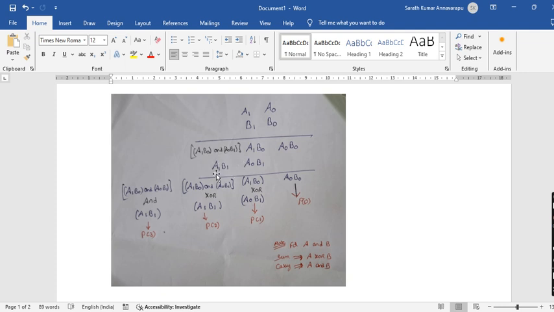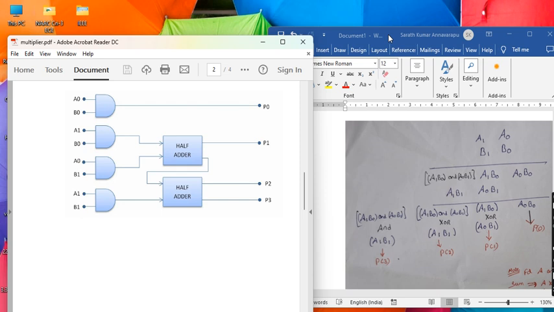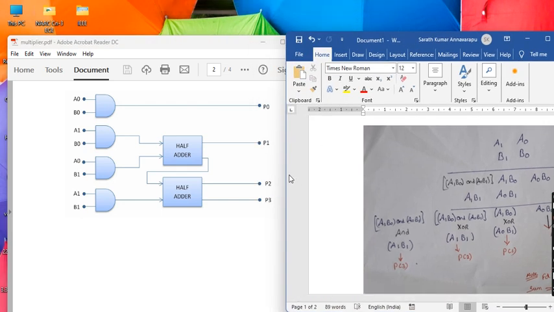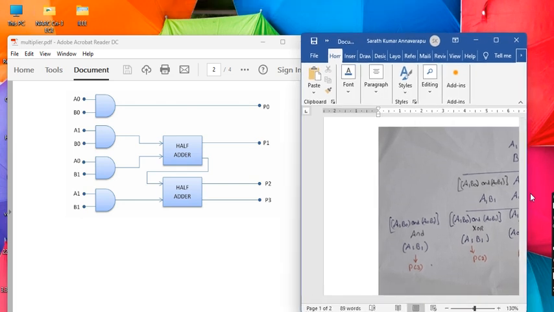Then these two terms will be added. This is A and this is B. So A XOR B will be the sum, and A AND B will be the carry. So these will be the product terms P0 to P3. Just minimize these and compare these two, then you will understand the diagrams. So here you can see,